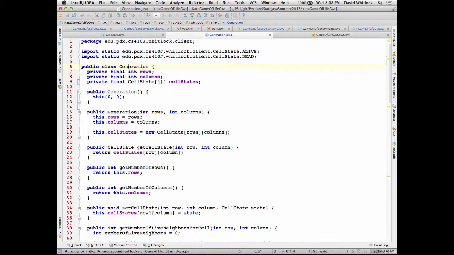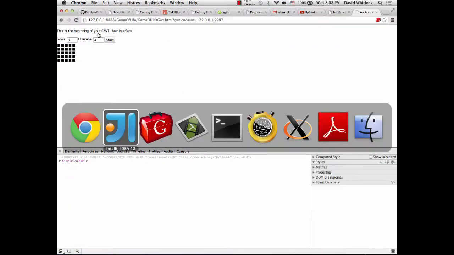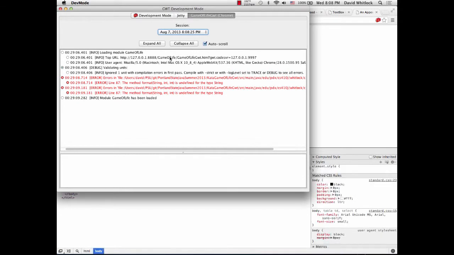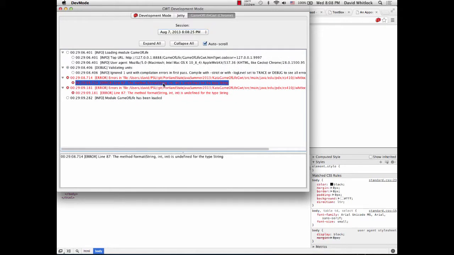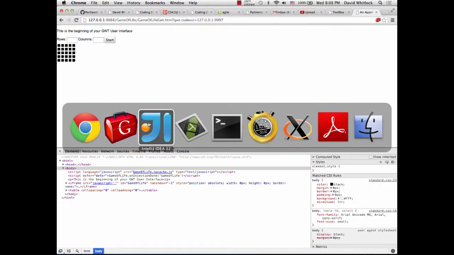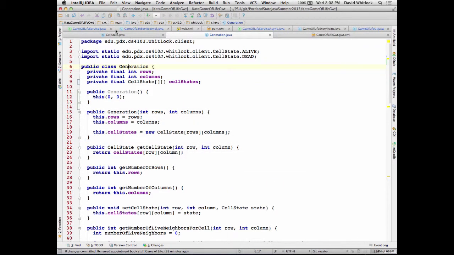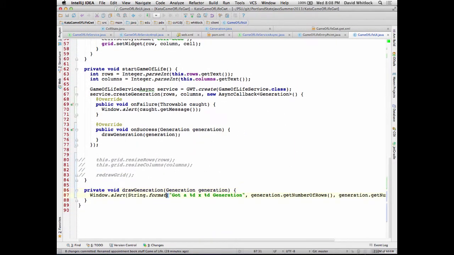That leads in very well to the next problem we're going to run into, I hope. So I'll restart, and let's see here. Oh, what doesn't it like? GameOfLifeUI: the method format is undefined. Oh, it doesn't have String.format after all. So now it blew up because of something else. I guess String.format is not supported in GWT emulation mode, and that's fine. I'll just do